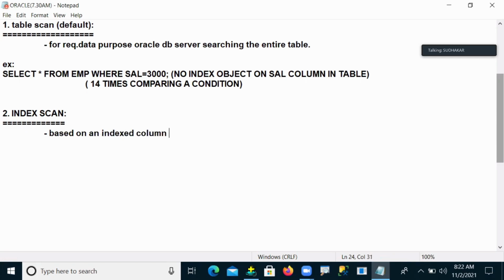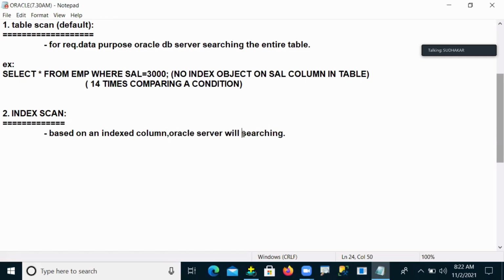Based on the indexed column, the data will be set. So based on an indexed column, the Oracle server